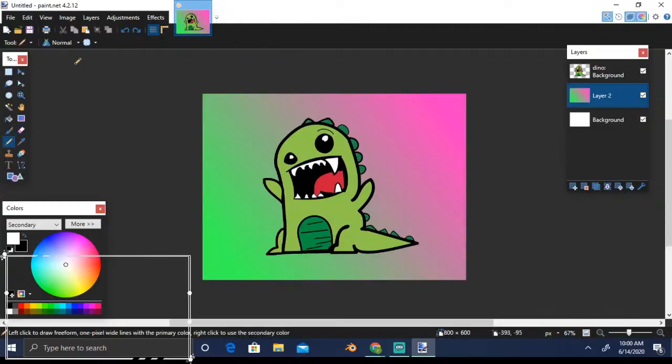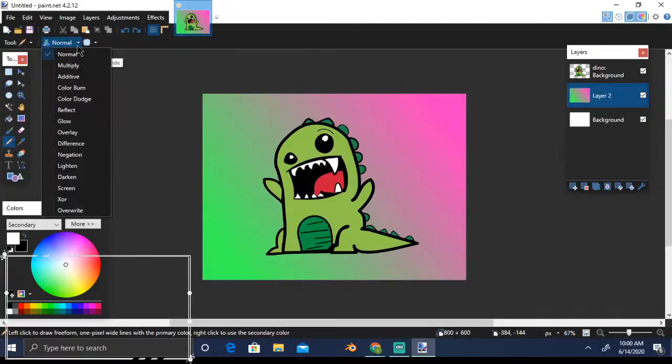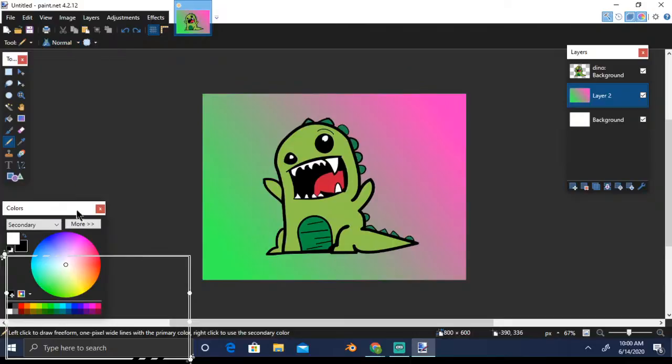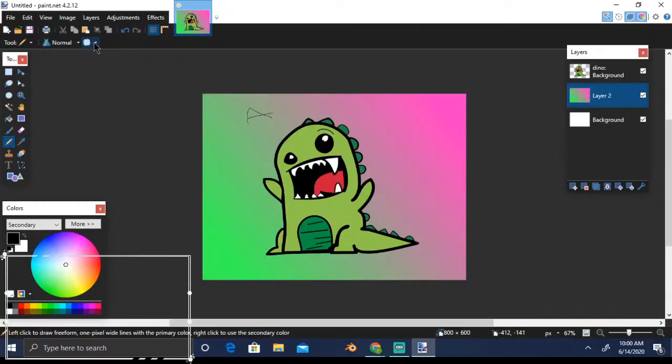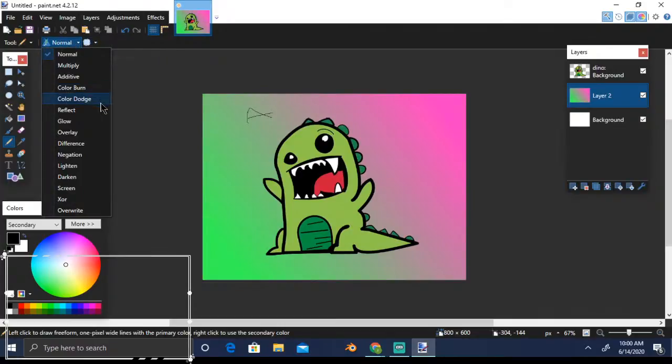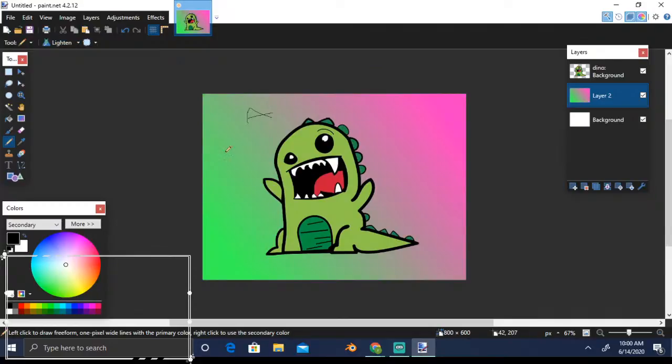Again, the pencil tool, if you want to draw something, that's what you can do with the pencil tool. Now let's go to black mode, and you can write stuff with the pencil. Let's not go to these, they are a bit advanced version. Let's stick to very basic at this point of time, and you can play with these options.